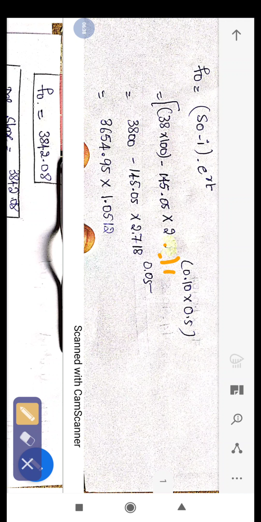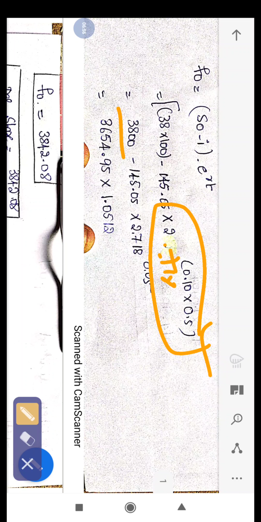So to the power of 0.5. Next, 38 into 100 is 3,800. 145 0.2. First we'll simplify this one. So 2.718, 0.10 into 0.5, 0.05. So less these two numbers, the value will be